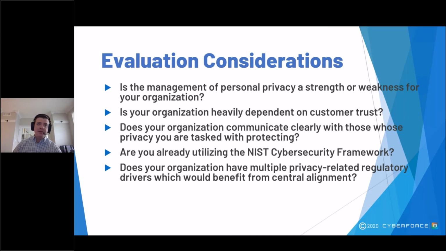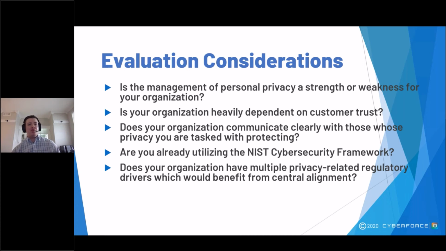Even so, I want to be clear that the framework has something to offer, even to those who are already quite mature in terms of privacy, and it can help take you to the next level if that's what you're looking for. For example, I'm currently working with a city that already does a whole lot of great things in the privacy realm. They want to explore the potential to use this framework to help manage the privacy of their constituents as they implement the advanced automated technology that comes along with the modern connected city.